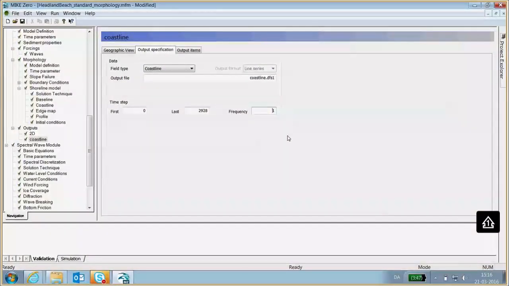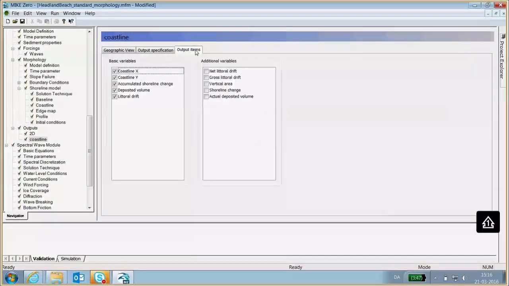So this is a DFS1 file, and I usually just select all of these output items. It doesn't take up that much space because it's a DFS1 file, and it can be nice to see some of these results, especially if there are issues or if we don't understand some things. It's good to have all these so we can go in and check different things.